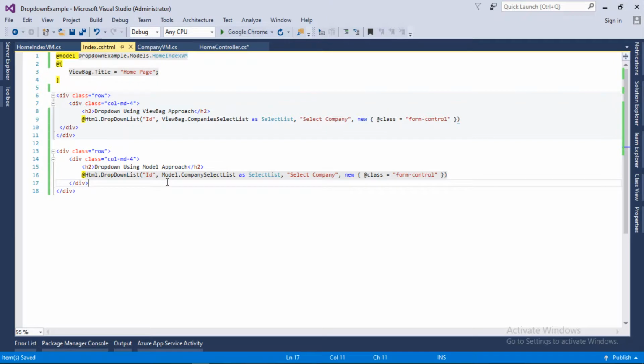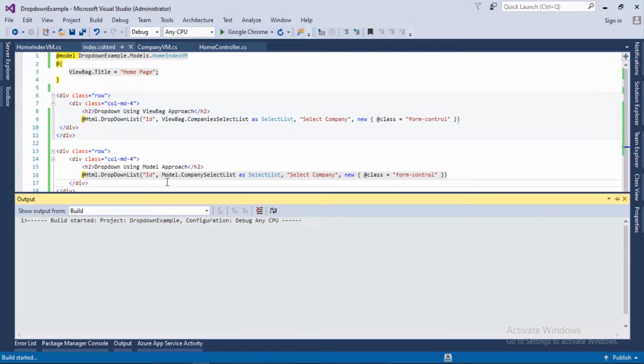And now let's run the project by pressing Ctrl F5, and let's see what we have got. I hope it will work properly, and our view is loading in the Chrome browser.